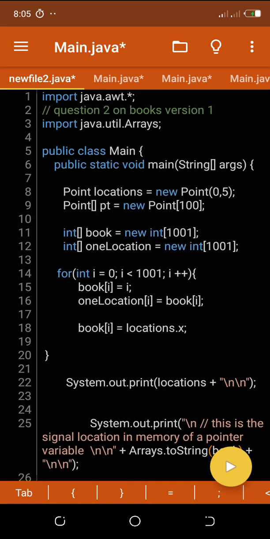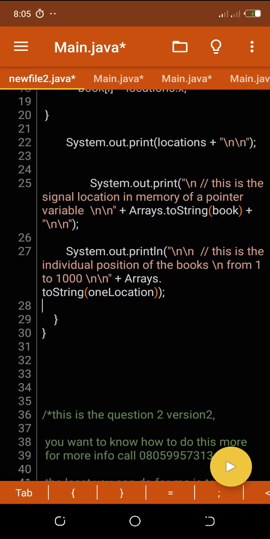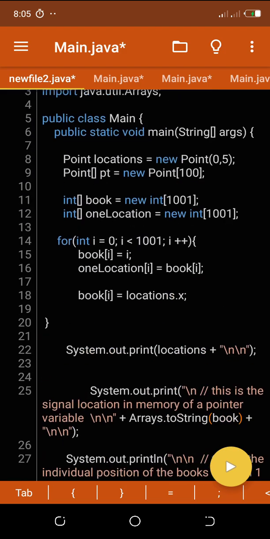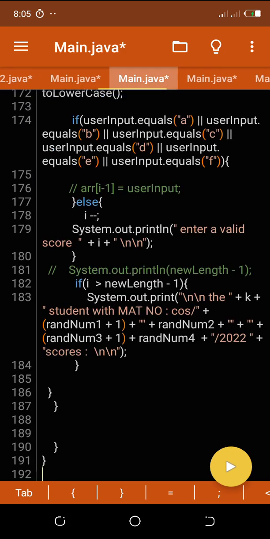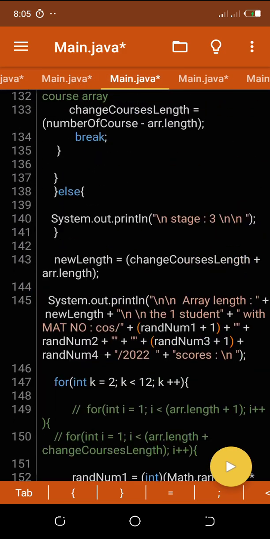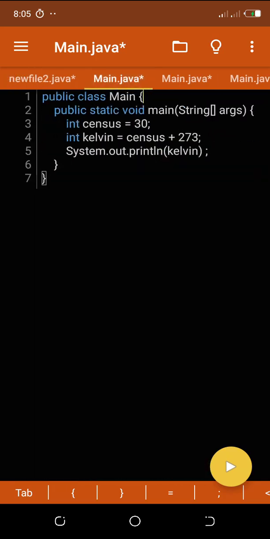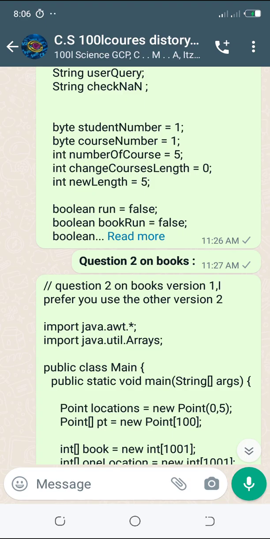I think I did, this is version 1. Version 1 will be complicated for you. Oh, don't use version 1. Let's check version 2. Okay, for those in the group, let me just pause. So these are the